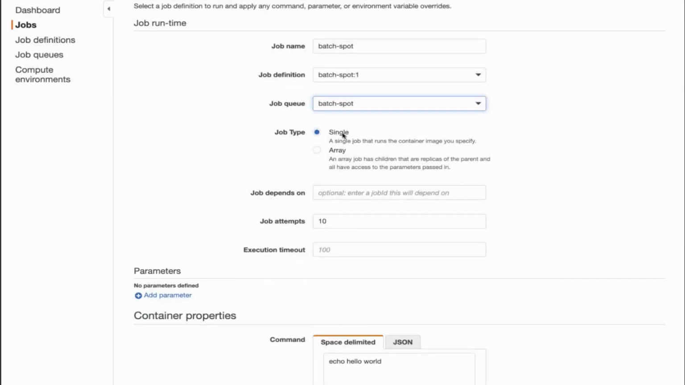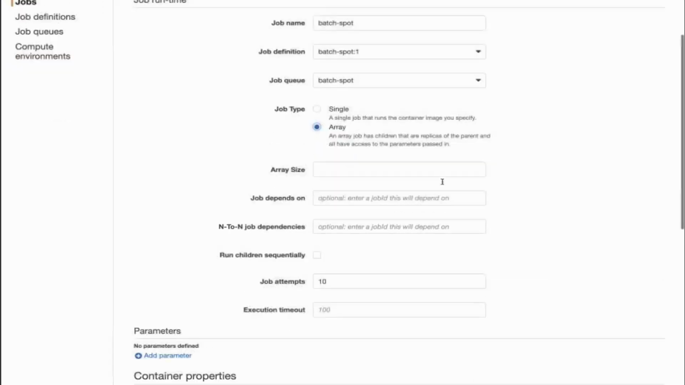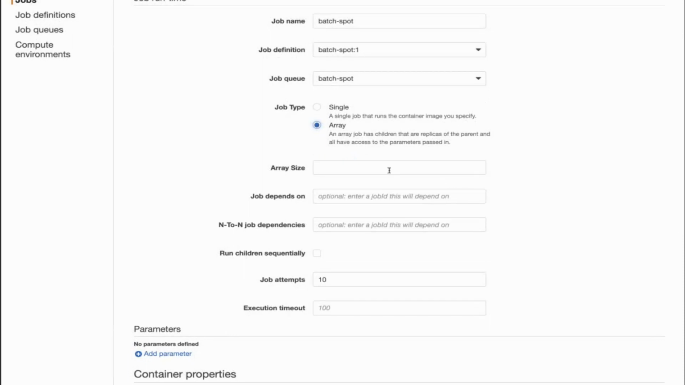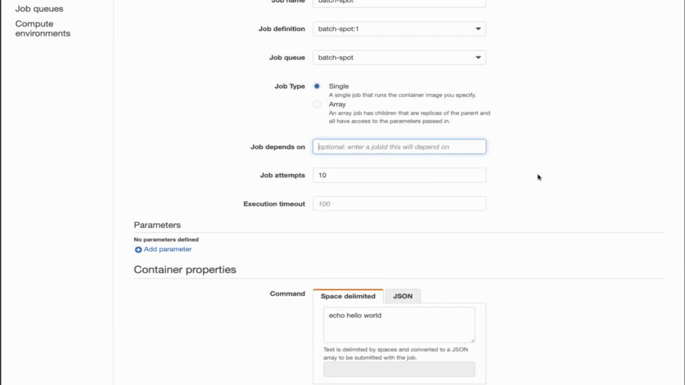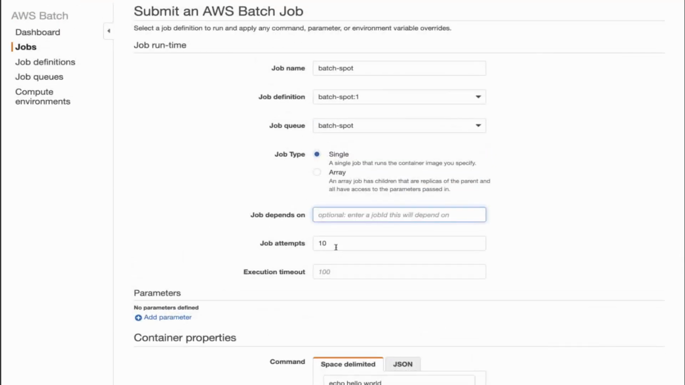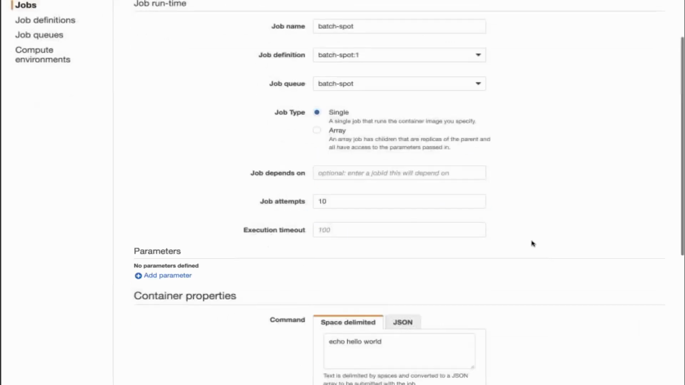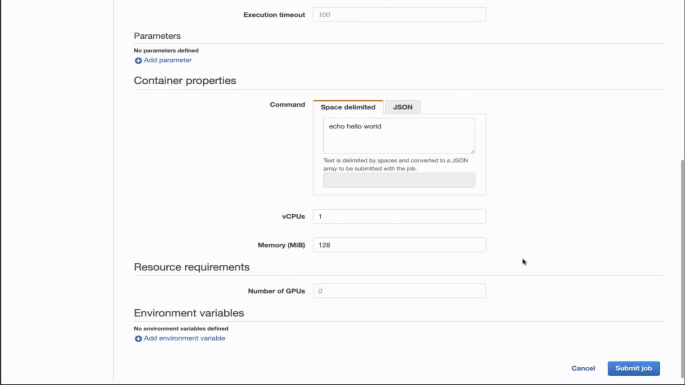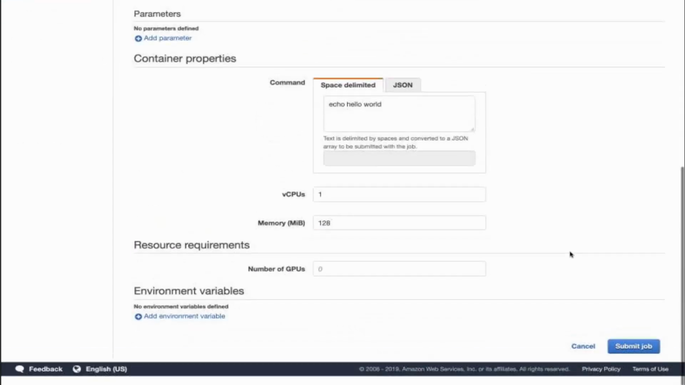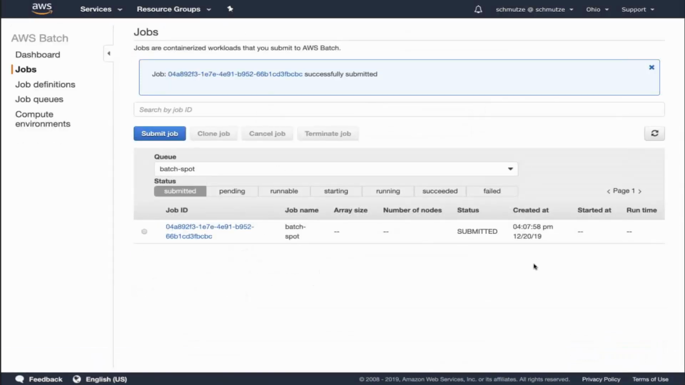We can simply run this one time, or I could do an array and tell it to run 300 times, something like this. But we'll just keep this simple for the demo, and we will just do a single job. We don't have any job dependencies. We can override the job attempts, but it was already set to 10 automatically. It's going to run the command echo hello world. It needs a single virtual CPU and 128 megs of memory. Remember, we can override these per job submission. But we won't. Let's go ahead and submit the job,